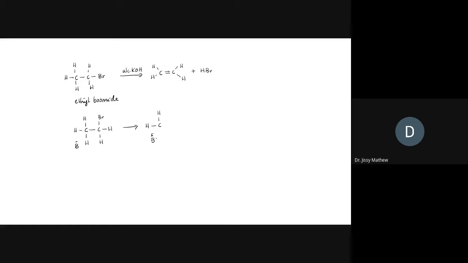So the base, and this bond weakens, then already there is a CC bond and it attains some double bond character, and the CBr bond weakens, and this gets a partial negative charge. So this is the transition state